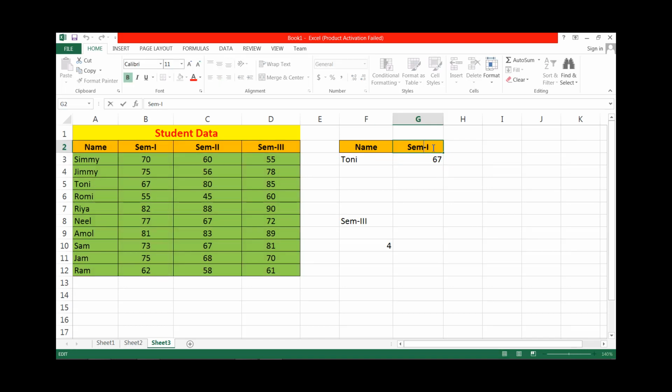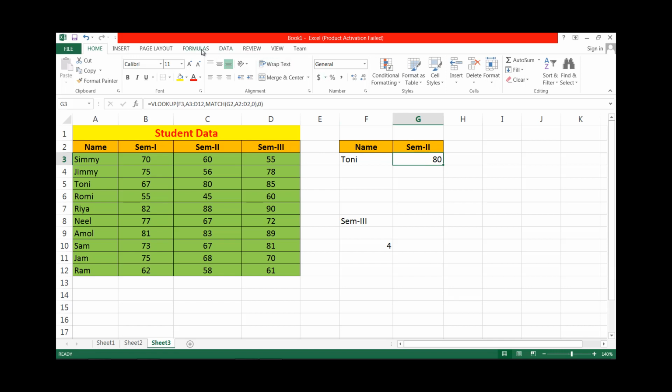Okay, suppose here I use semester 2. The marks of semester 2 is 80. Press enter. 80. Okay, like this you can search a value with the help of the student name, as well as you can search a horizontal value, because in VLOOKUP we only have the value of a single column, but with the help of the MATCH function it will convert to a dynamic column, because according to this value the MATCH function matches the value within this horizontal array and returns the value as per the column number.